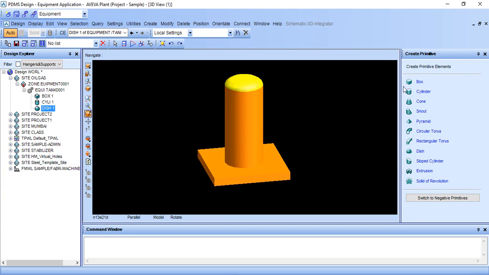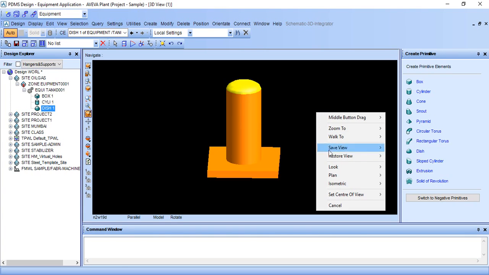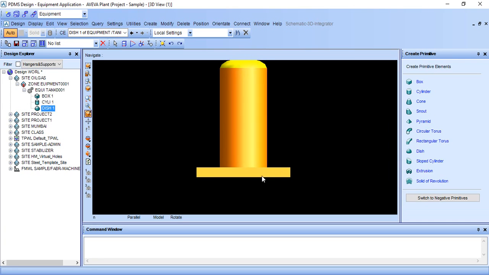You can create anything, box, cylinder, cone, from this command. This is primitive, and you can join any point from Connect Primitive Point. So I want to teach you another method of joining or moving equipment. First of all, I will right click, Look North.